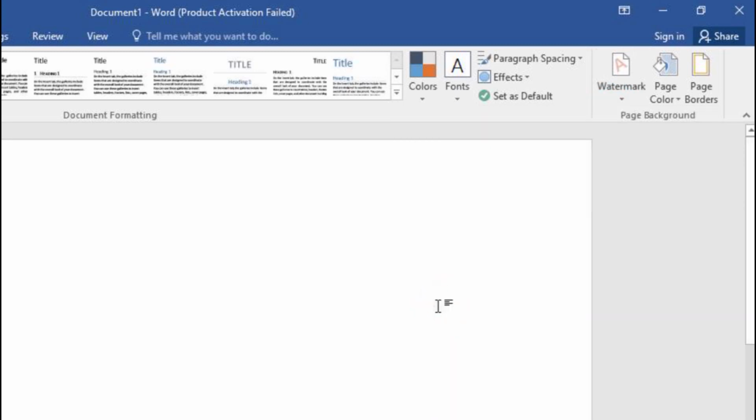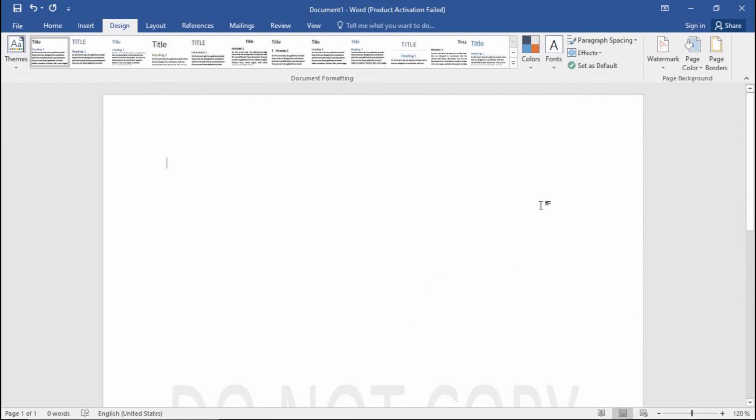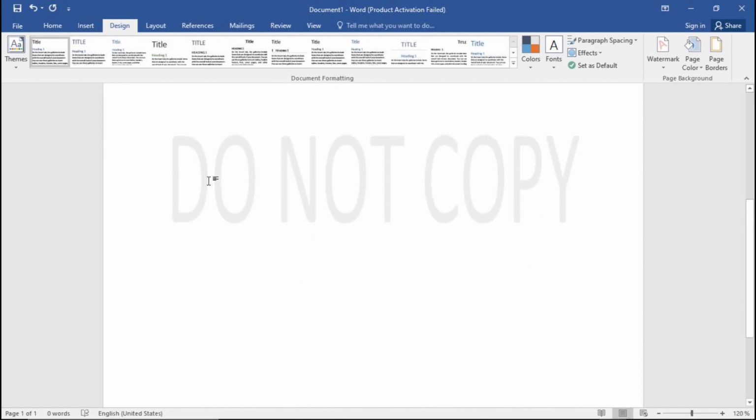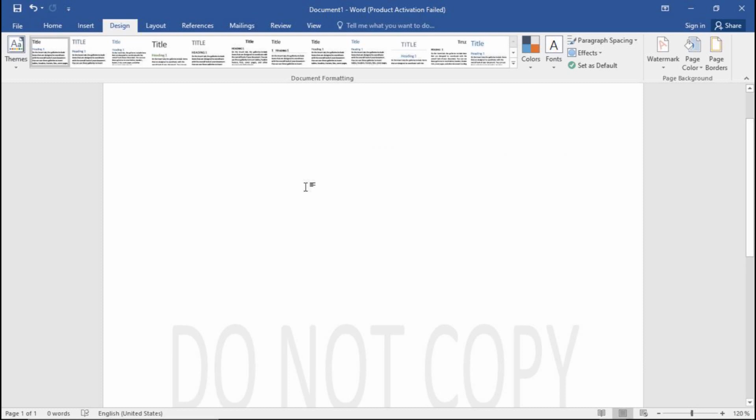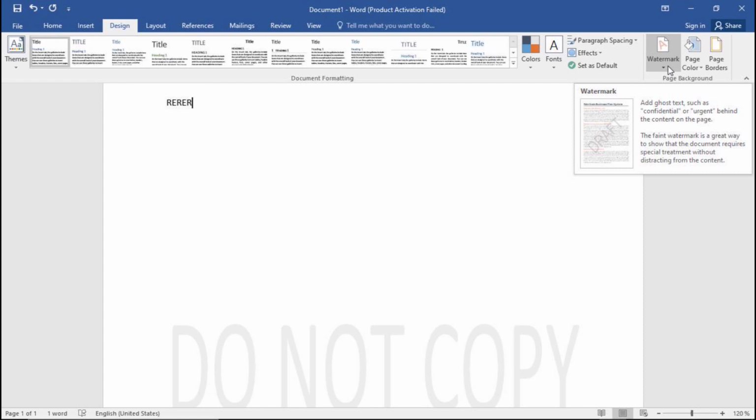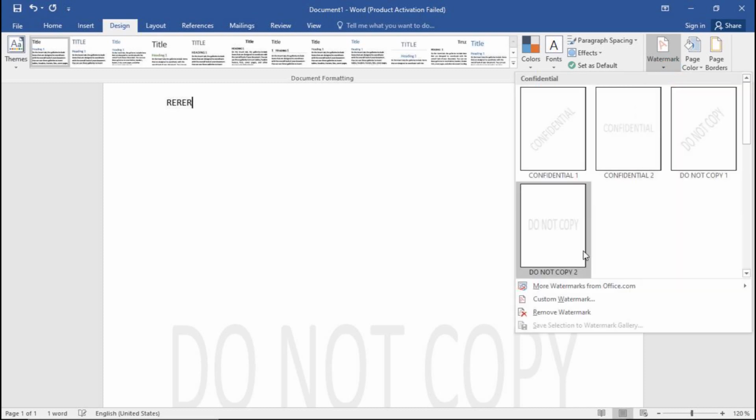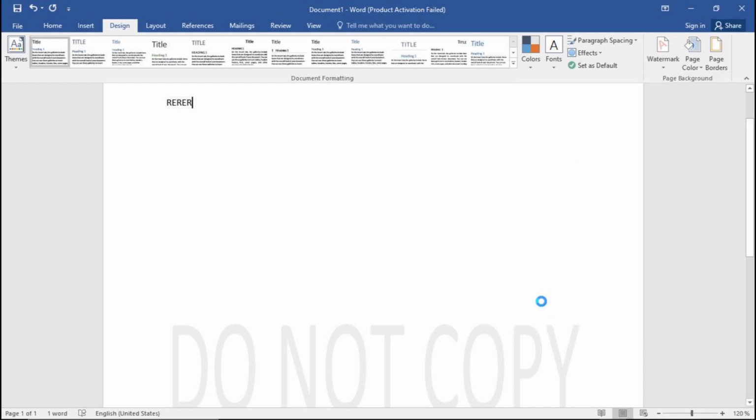If I click here, you'll be able to see Do Not Copy. Have you seen? It's very faint. When I type something, as you can see, it's very sharp, but the watermark is very faint. So that's what a watermark is. It's just slightly visible so that it doesn't obstruct the user, but you can read it. So, not getting out of line or off topic, let me show you where it says Custom Watermark,